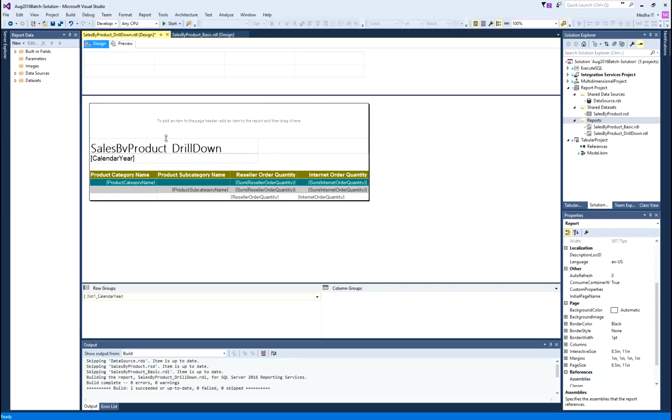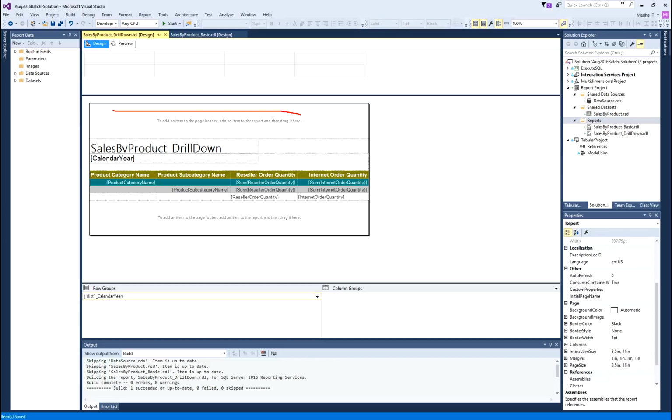So, this is the page header it added. Similarly, I can say add page footer. So, now I got page header on the top and page footer on the bottom. Now, I can add anything I want to this area. Okay.